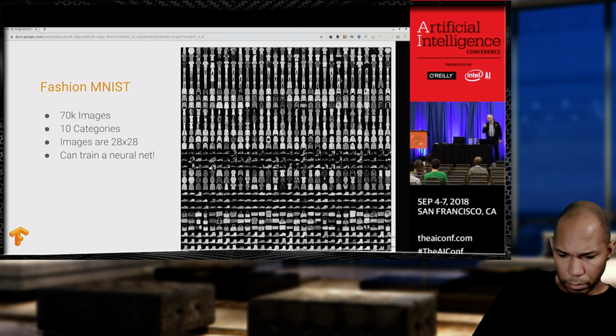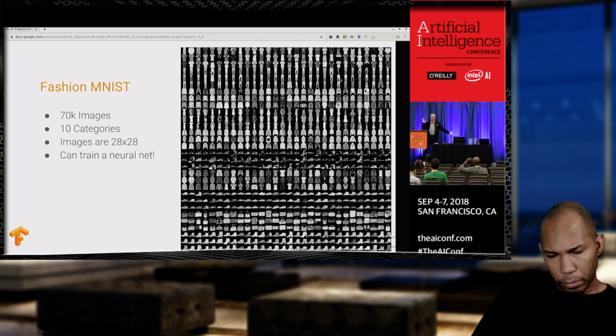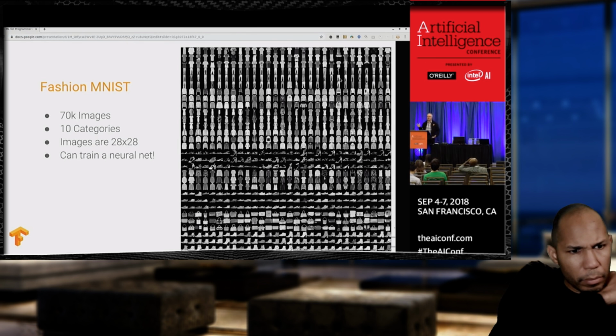So one of the really neat things that came out of the research behind this, by the way, is that the images are only 28 by 28 pixels. So if you think about it, it's faster to train a computer if you're using less data. You saw how quickly I trained with my linear example earlier on. But if I were to try and train it with like high definition images of handbags and that kind of stuff, it would still work, but it would just be slower.